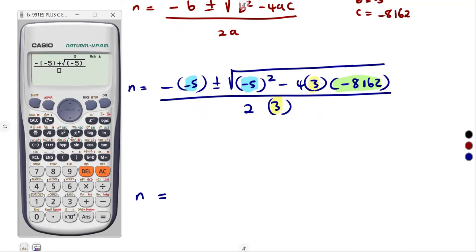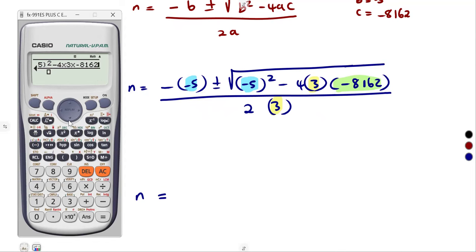Minus 5, then we square it. Then minus 4 times 3. You can just use the multiplication, or you can use the bracket, it's up to you. Times 3 times our c, which is negative. Put this negative inside the bracket. Most of you use the minus here, but this minus is to subtract, while this is the negative sign on a number. This one is in a bracket, so it's the one I'm talking about. So you're going to have that negative